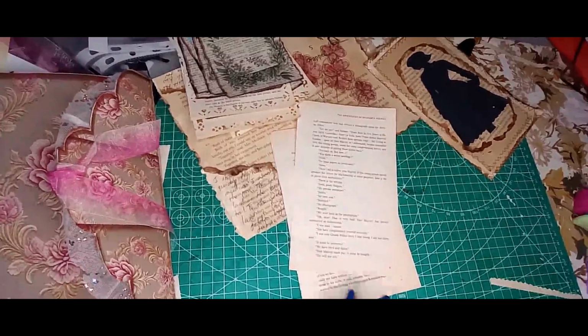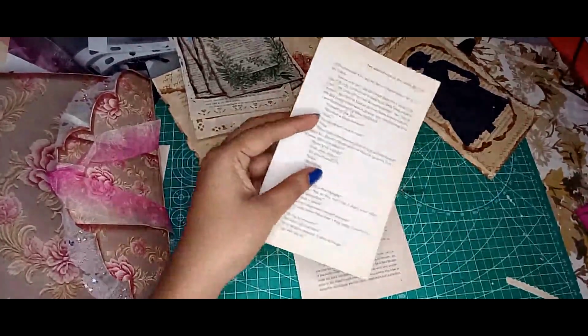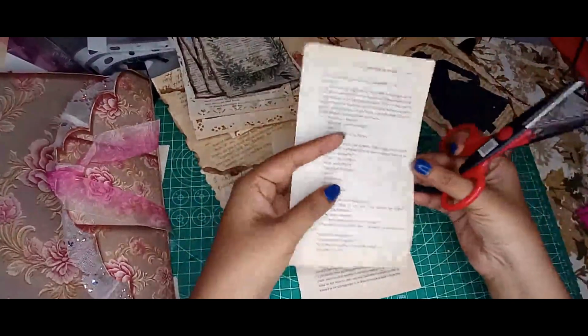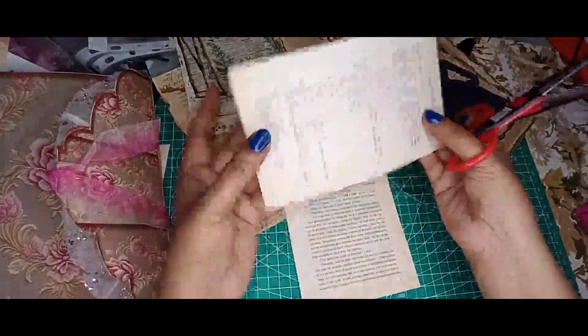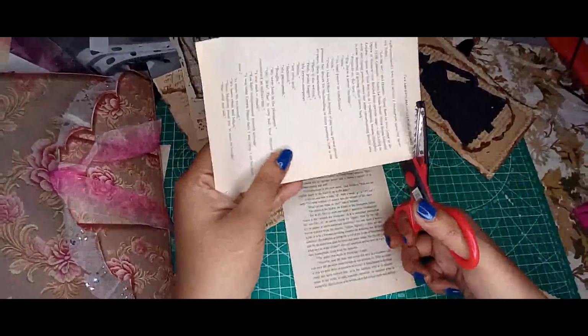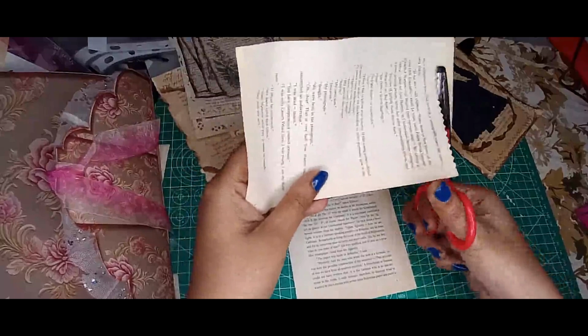And this is simply how I would use the book pages. So I take a book page around this size. I like this size, and I use a zigzag scissors, cut it around,